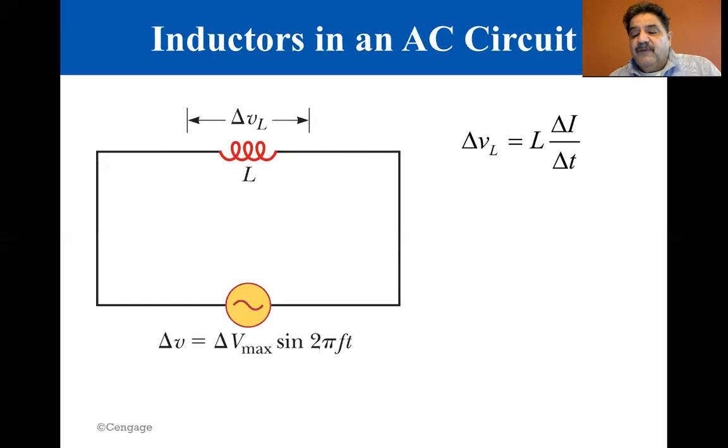The effective resistance of the coil in an AC circuit is measured by a quantity called the inductive reactance, where XL is equal to 2 pi f L, or XL equals omega L. When f is in hertz and L is in henries, the unit of inductive reactance is the ohm. The inductive reactance increases with increasing frequency and increasing inductance. This is opposite the case with capacitors, where increasing frequency or capacitance